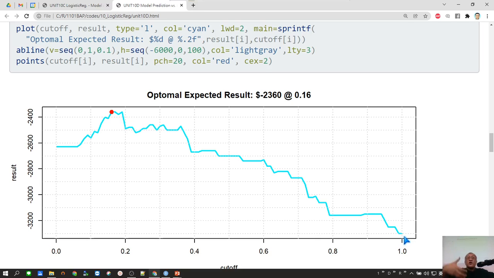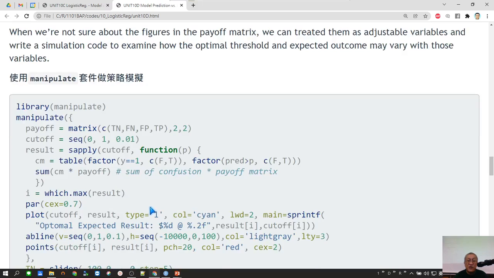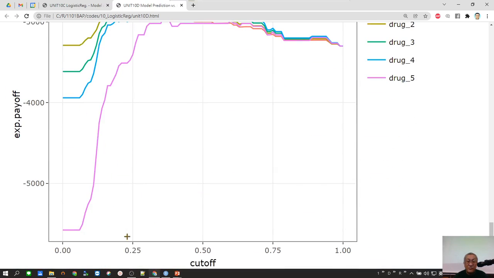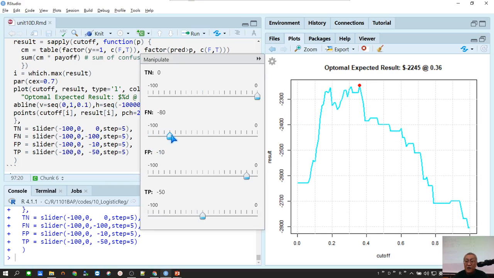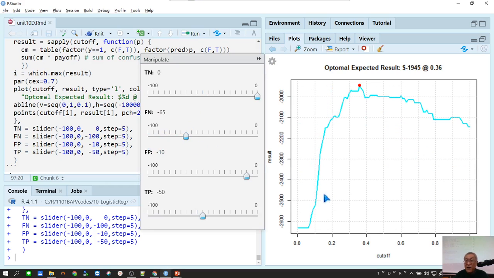If you adjust the things, you might see that sometimes doing nothing is better than doing for everything. I want you to do some practice. Change the payoff matrix, and